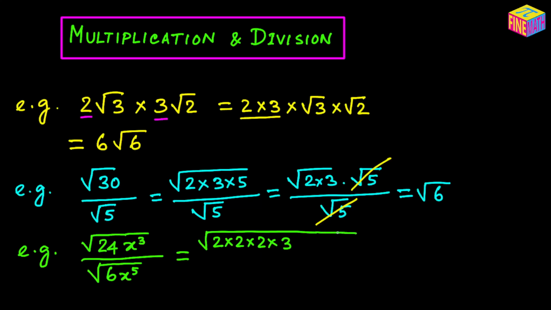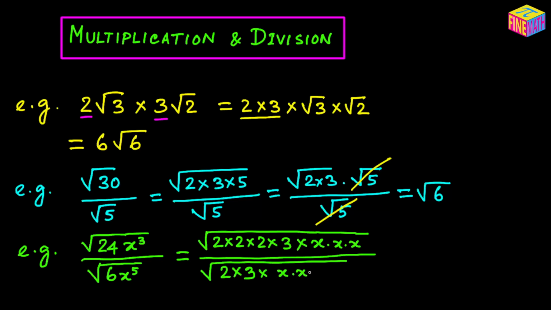And then we have times x times x times x. We have x cubed there. And then down below, what do we have? Here we have square root of 2 times 3, that is 6, and then times x times x times x times x times x, and then these two up there, the 2 times 2, that is 2 squared, the 2 squared can come outside, so this will become 2 times, within the square root, we are going to get square root of 6, and then again we have 2 x's right here, these two also can come out as a single x, so that will be times x, and then we are going to be left with one more square root of x there,